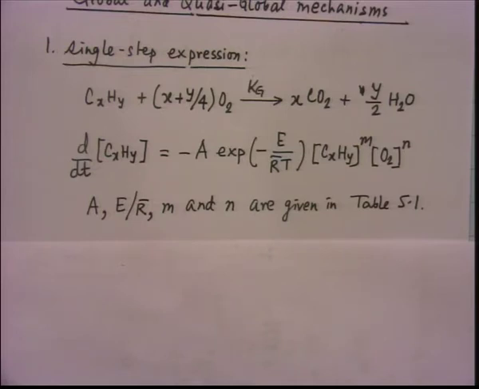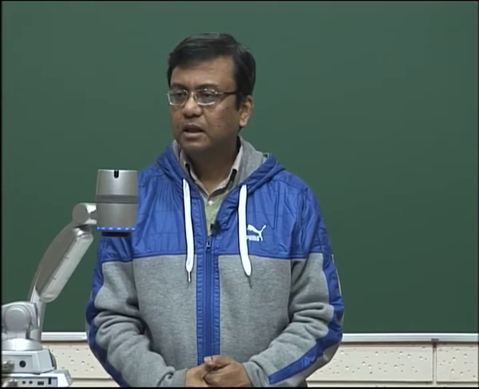Now, if this is artificial, why do you want to use this instead of the detailed mechanism? Simple. If you want a detailed mechanism, there are hundreds of reactions, and we find it difficult to deal with them. If you need a good deal of accuracy, if you need to understand the combustion process very well, then we will use the detailed mechanism with all those hundreds of reactions. But if you want a shortcut, but still get some reasonable results, then we will use the single step reaction mechanism.